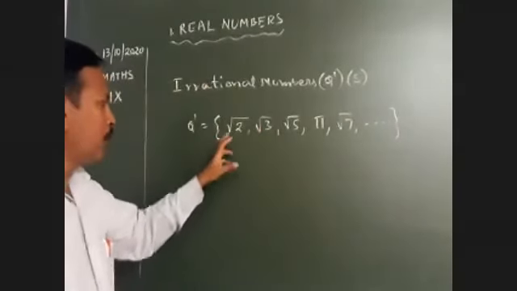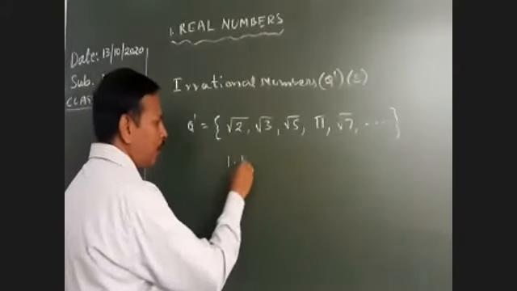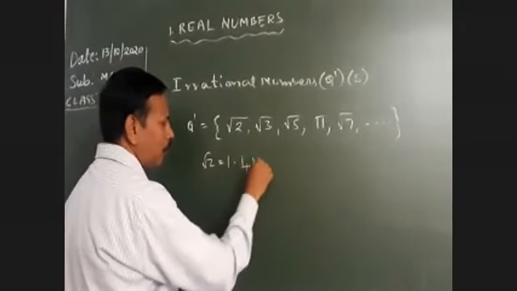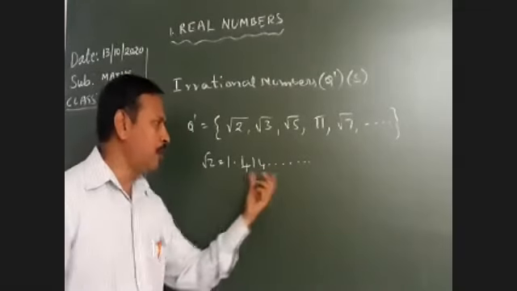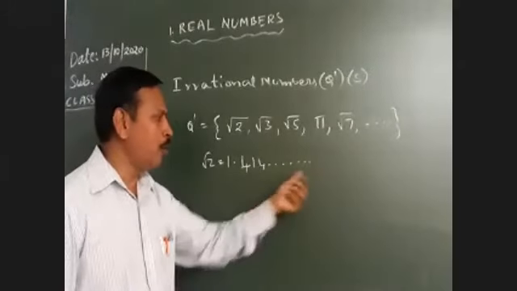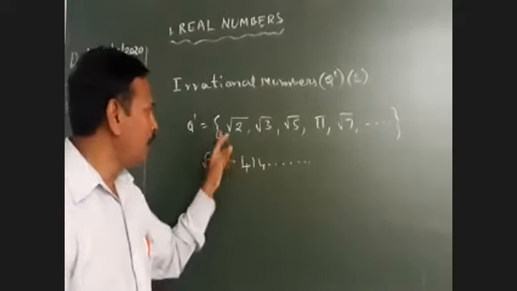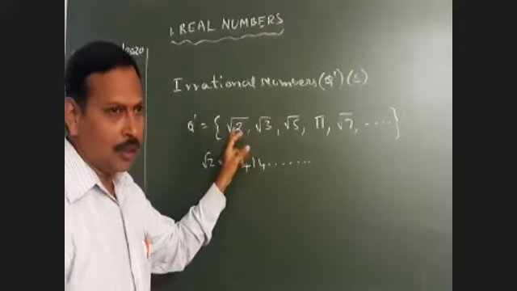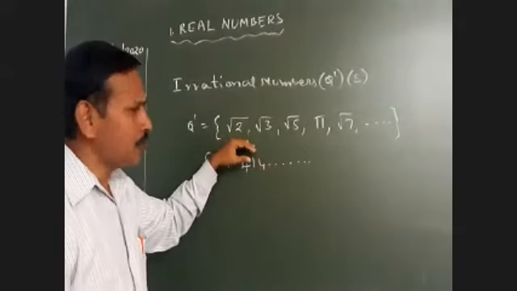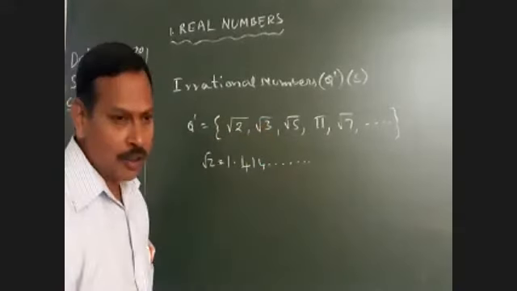Irrational numbers means, suppose you take root 2. You already know the root 2 value. Root 2 is 1.414 and it goes on like that. Here it is not repeated. Up to how many digits? There is no limit, so it goes up to infinity. Such numbers are called irrational numbers. Irrational numbers are neither terminating nor non-terminating repeating. So it is not a terminating number, and at the same time it is not a repeating decimal either.